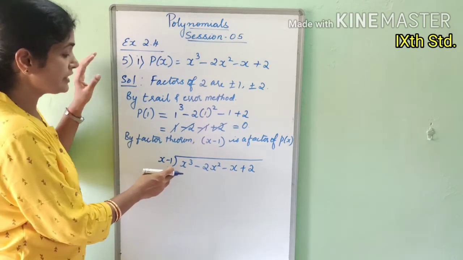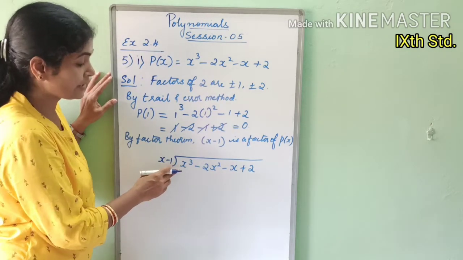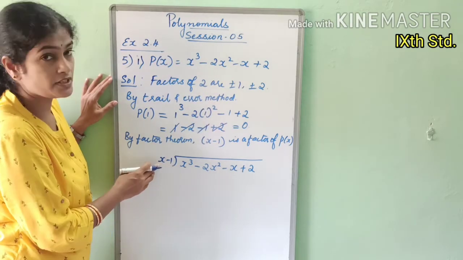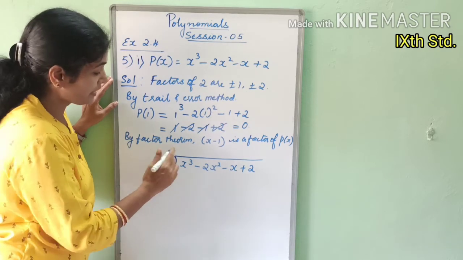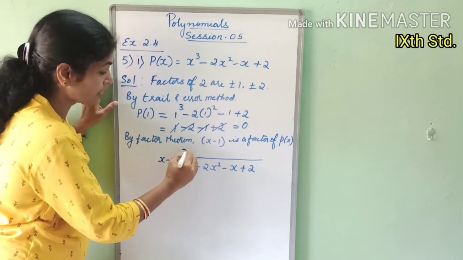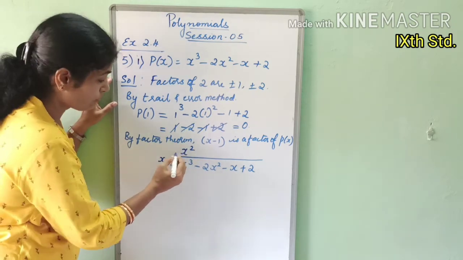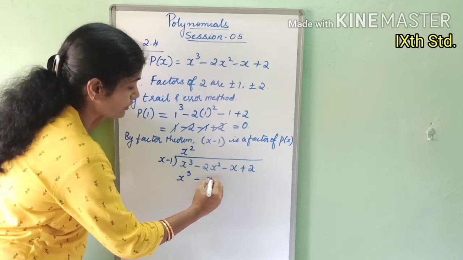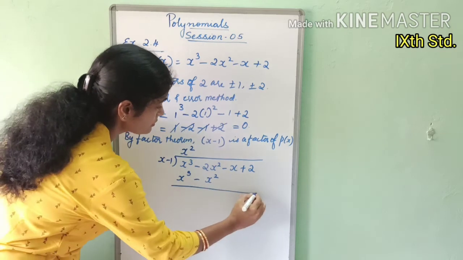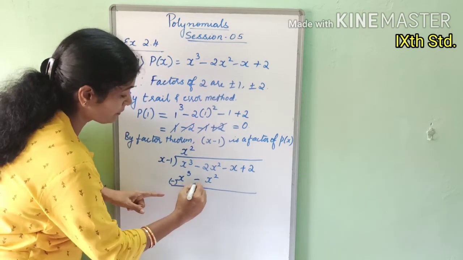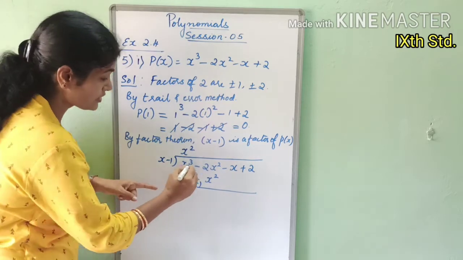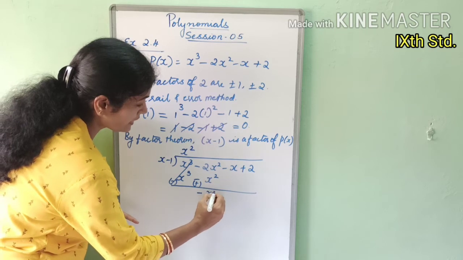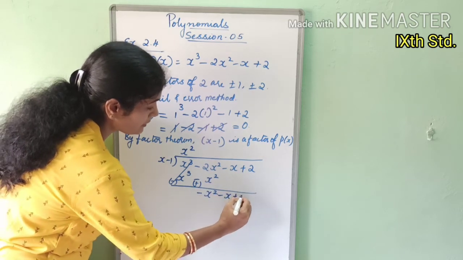Okay. So what will be the first term in the quotient? To get the first term in the quotient, what are you going to do? Divide the first term of the dividend by the first term of the divisor. x cube divided by x gives you x square. So that is the first term in the quotient. Multiply it. It is x cube minus x square. Now both of them are positive signs. Do the subtraction. When you do the subtraction, the sign changes. So this will become 0. Minus 2x square plus x square gives you minus x square. The remaining terms write as they are, minus x plus 2.